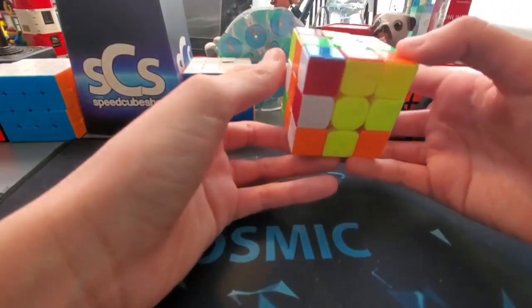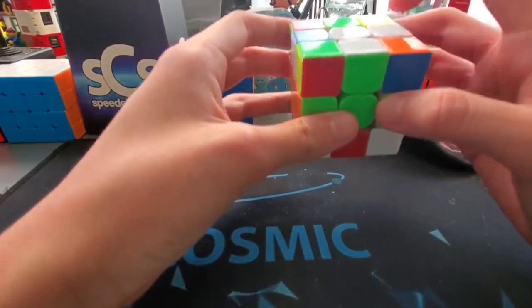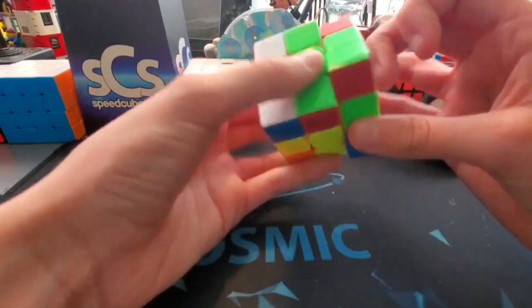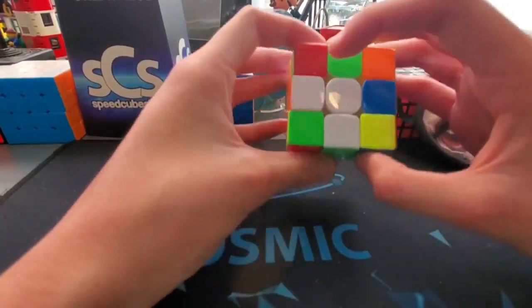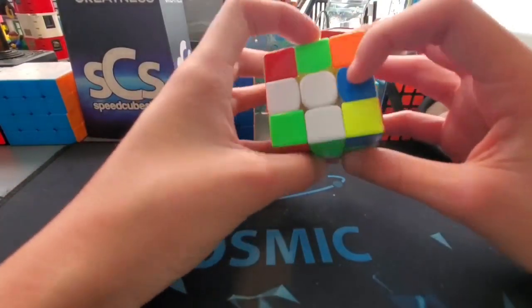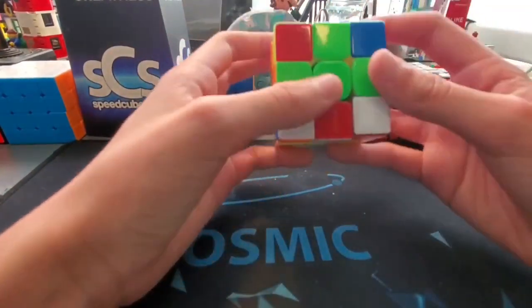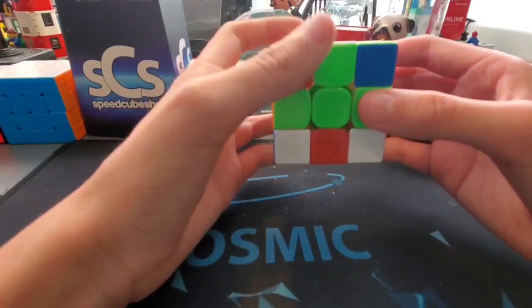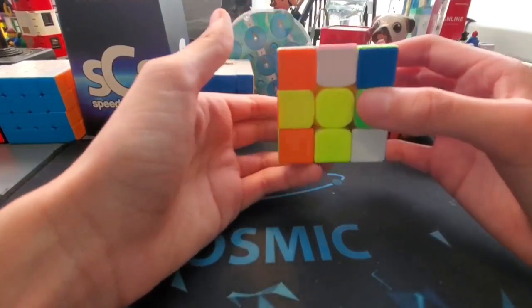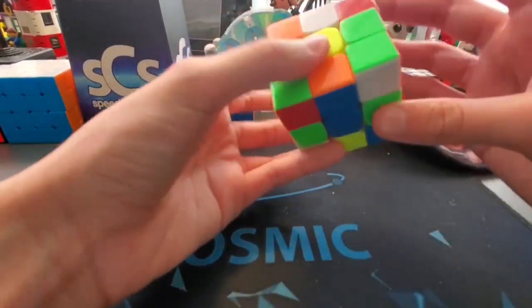Next, I had this piece right here, which had to go into the D spot, so I didn't have to do any sort of setup, so I just brought it there immediately. Next, I had the final moves. I saw this piece right here, it had to go into the Q spot. So I brought it down with an L wide prime, D, L2, swapping algorithm,